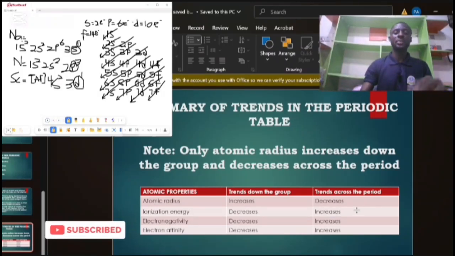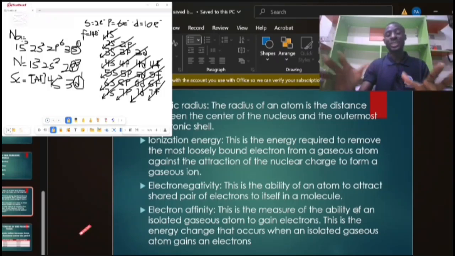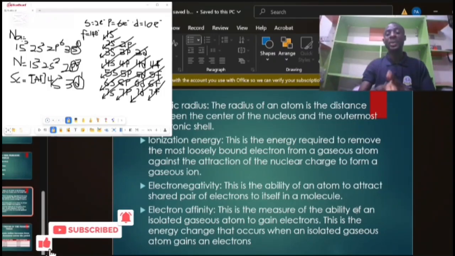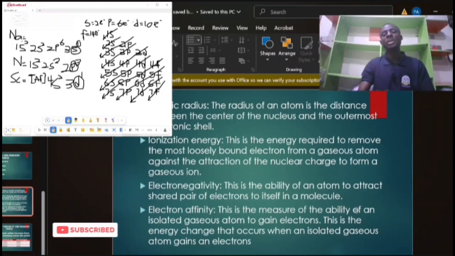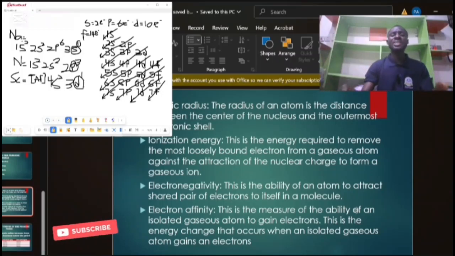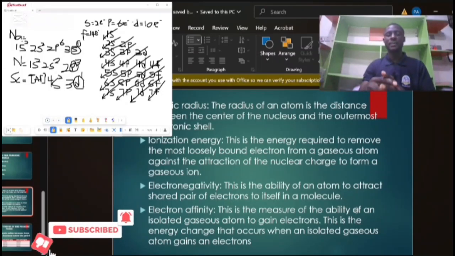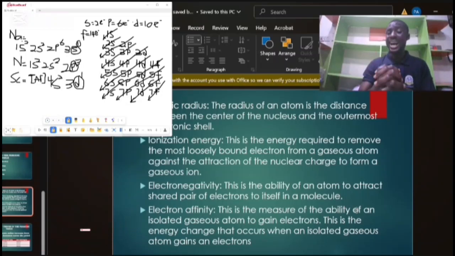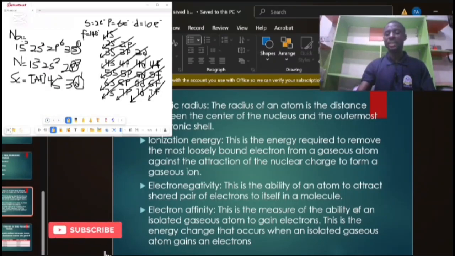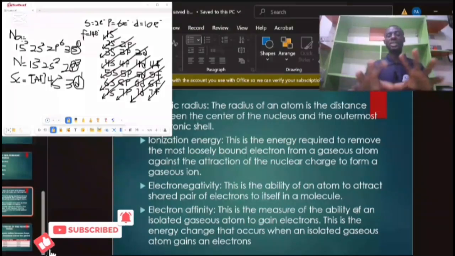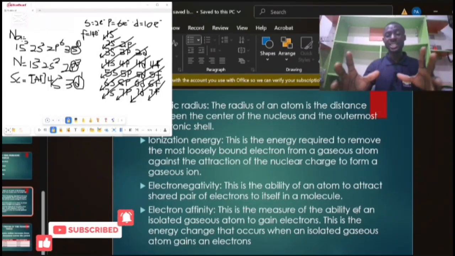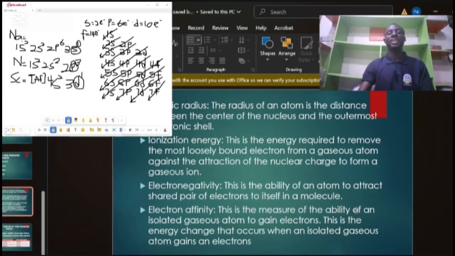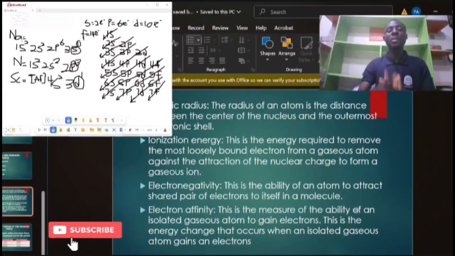Now I want to leave us with an assignment which I want you to drop in the comment section or in the comment box. Give me the difference between electronegativity and electron affinity. Yeah, I just want you to give me the difference. They look similar, but they are different. If you look at the definitions, it may seem as if they are saying the same thing. No, they are different. So I want you to give me the difference in the comment box